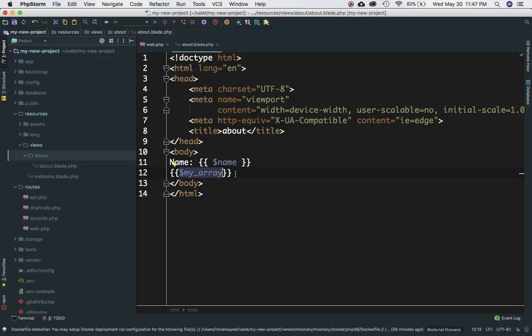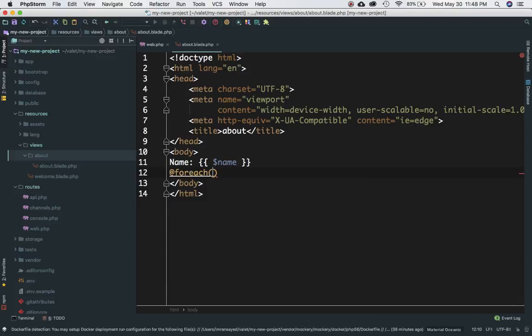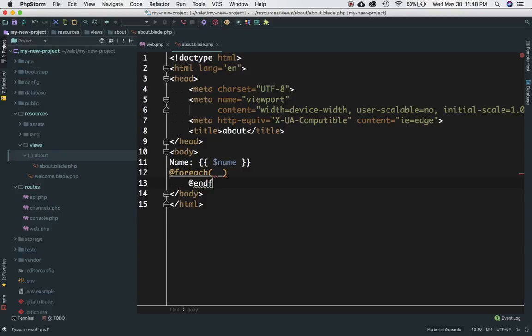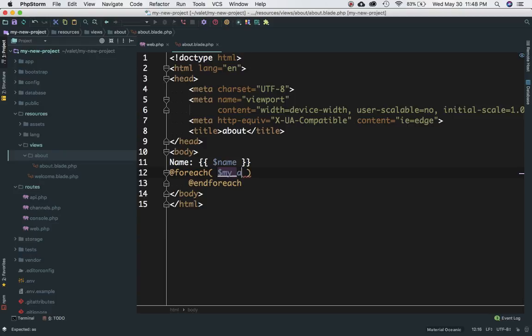So what do we need to do? You need to run a loop. Okay, so in Blade templating engine, in order for you to use the foreach loop, you just put the @ sign before that. Okay, and then you don't have to put a bracket like this. You will just do @foreach. Okay, and that's it. Inside of this you can run a loop. You don't have to actually put the brackets and all. Okay, so I will say my array as array,